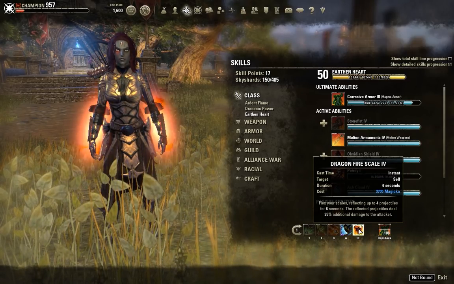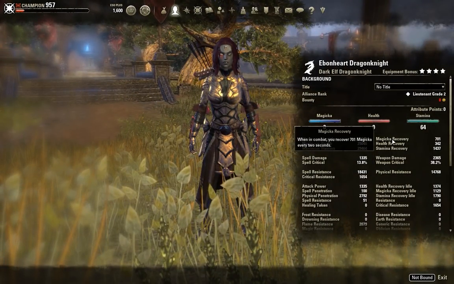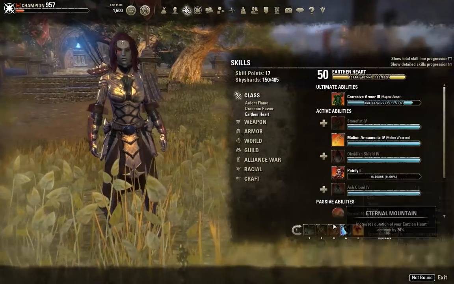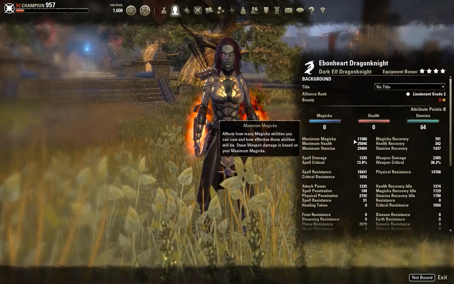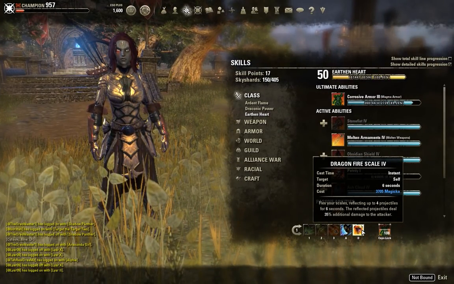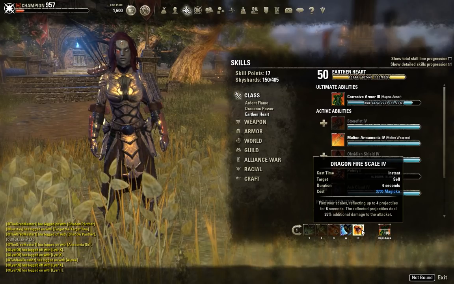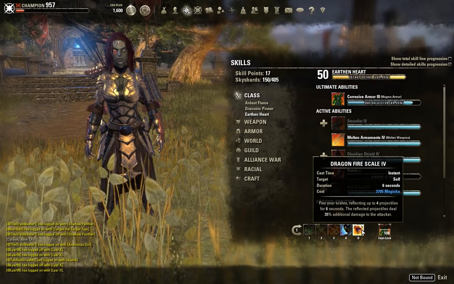And yeah, something to note about this build is that I only have 701 Magicka recovery, but due to the fact that we can pump out ults so fast and each ult that we dump is pretty much going to fill up our Magicka bar, we can pop a lot of wings on this build. Pretty much maintain around a 60 to 70% uptime on our Reflect, which is really, really